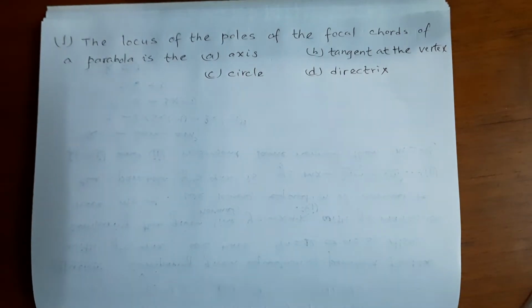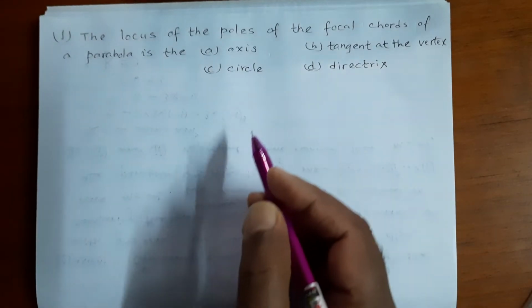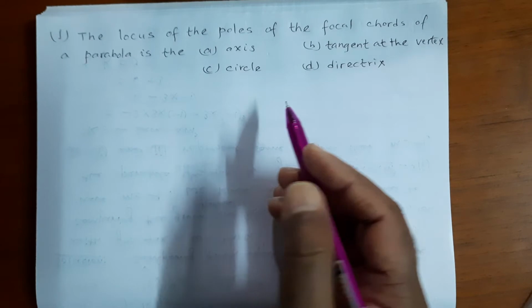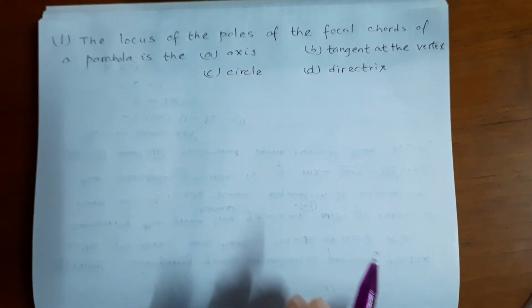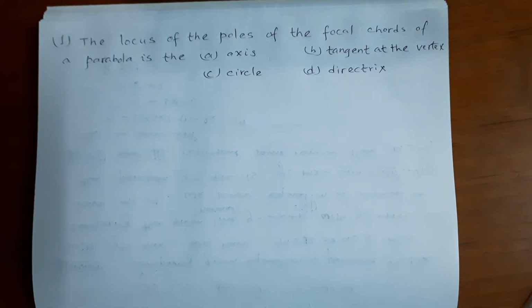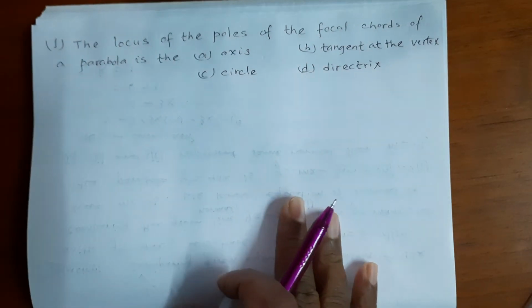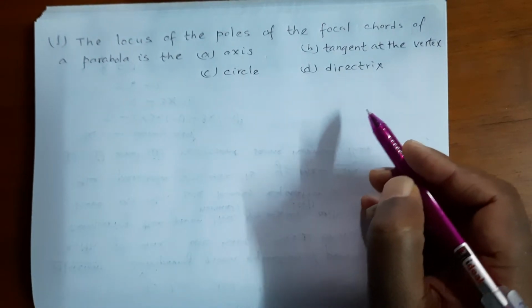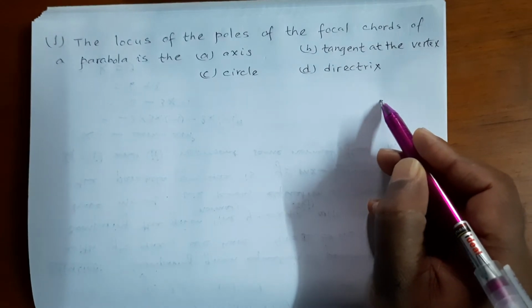So now I'll start some multiple choice questions. Here is the question: the locus of the poles of focal chord of the parabola is the axis. So before starting, I am explaining about the pole. Okay, so suppose there is a